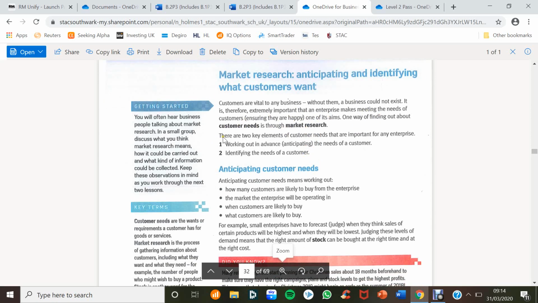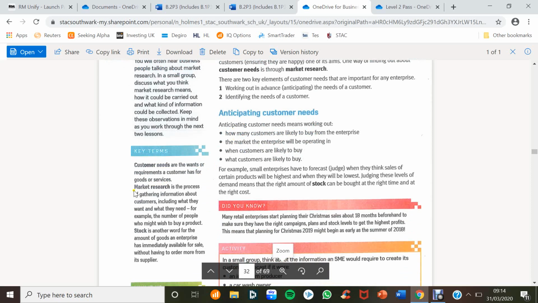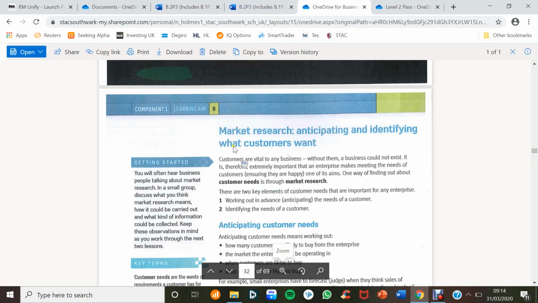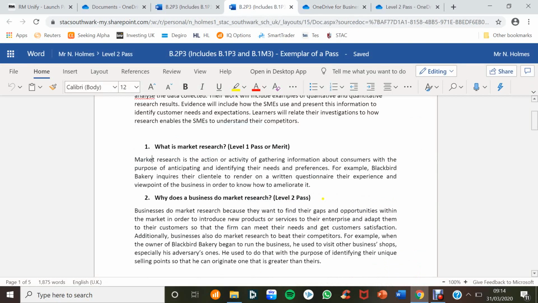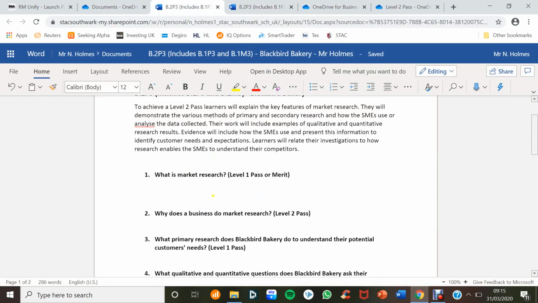So what does it say market research is? Okay, down here it says the process of gathering information about customers, including what they want and what they need. For example, the number of people who might wish to buy a product. Now, what we can do is use the information I've just read here, and the information that I've read from the exemplar. I can go to my